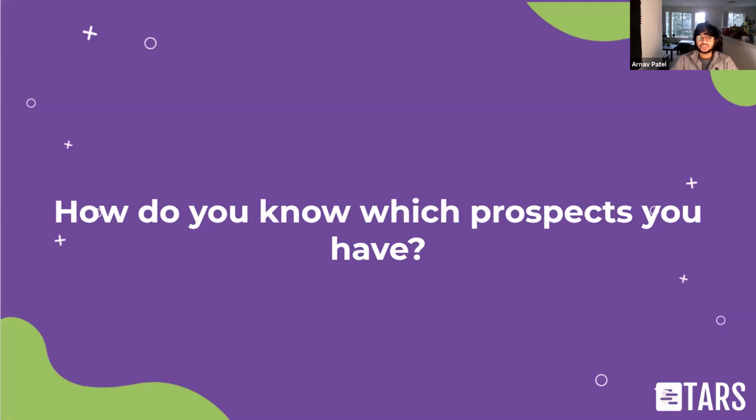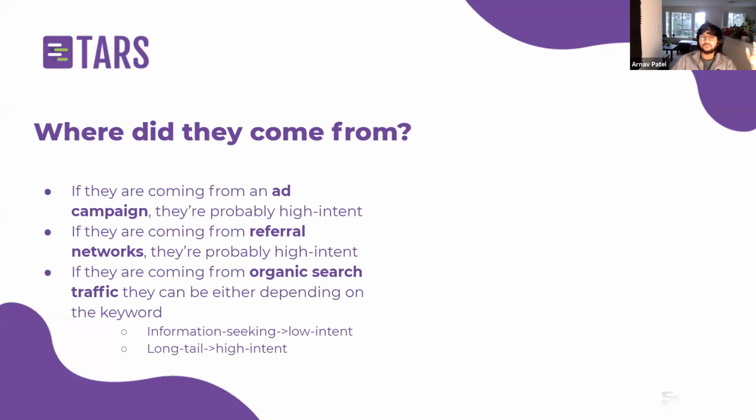So now the natural next question is, how do you know which prospects you have on hand in your marketing stack? Now this is going to really depend on your product. It's going to depend on the sorts of prospects that you have. We're actually going to close out on this topic and move on to the Q&As after this. But at this point, you know that high intent prospects, they like conversational landing pages. Low intent prospects, they like widget chatbots. Which ones do you have? Honestly, you probably have both